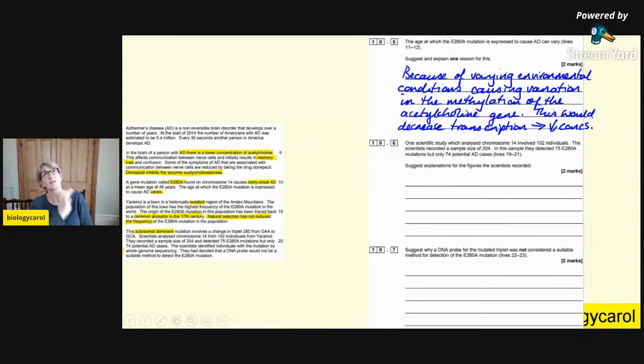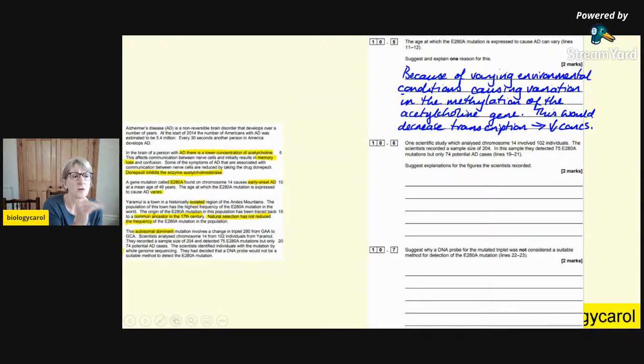This was not a knee-jerk, oh, this is easy, response. Why is it expressed at different times? The only reason I could think of was because of epigenetic changes to the DNA as a result of environmental changes that obviously change the methylation. Now, I went down the line of, okay, if the mutation, have I got this right? The mutation